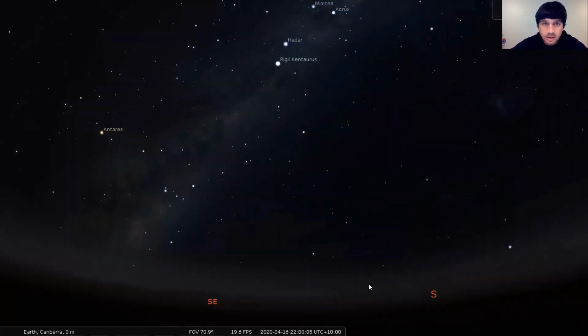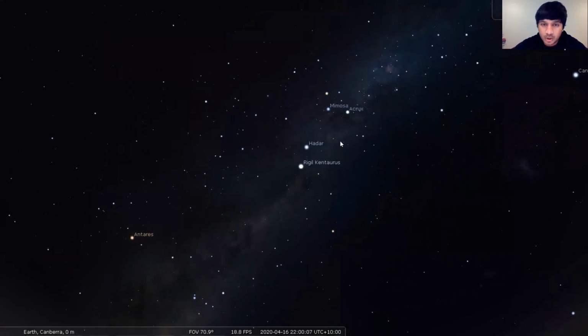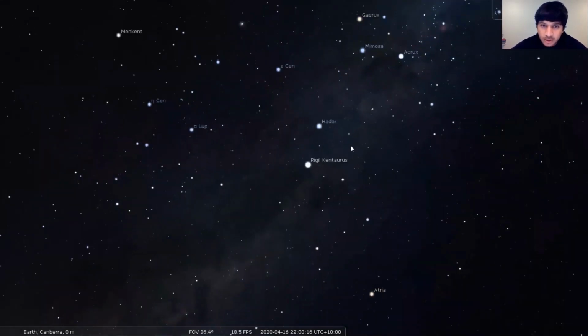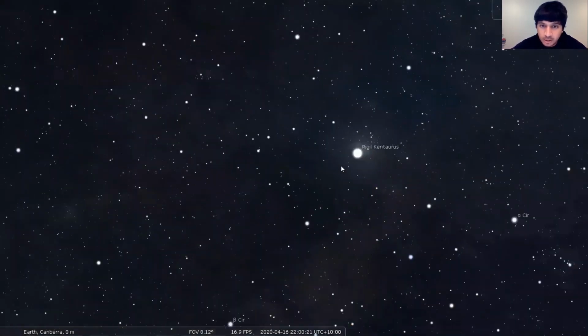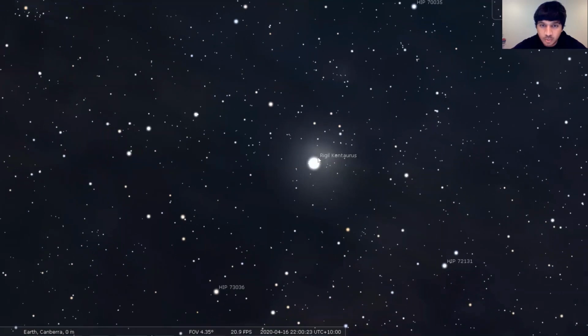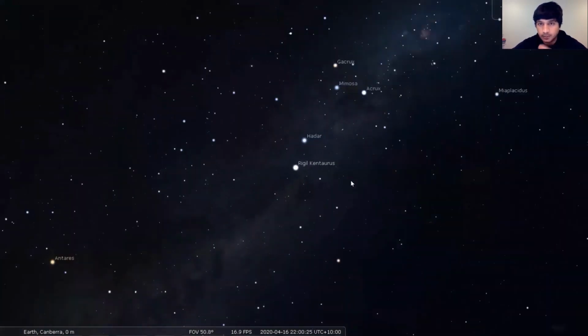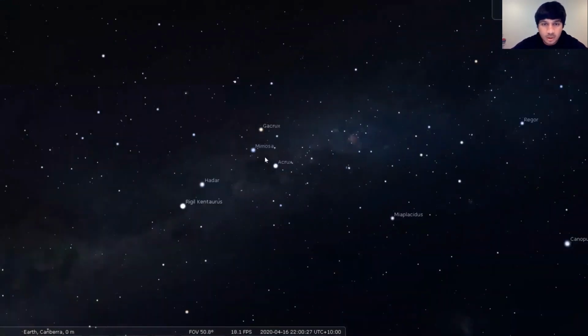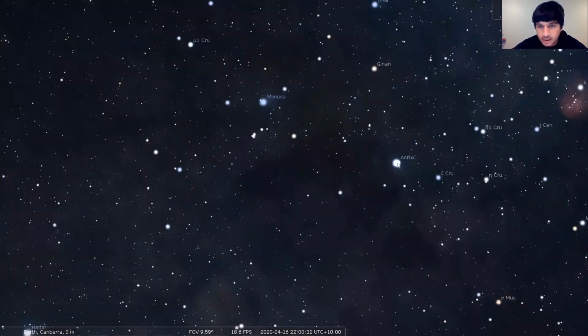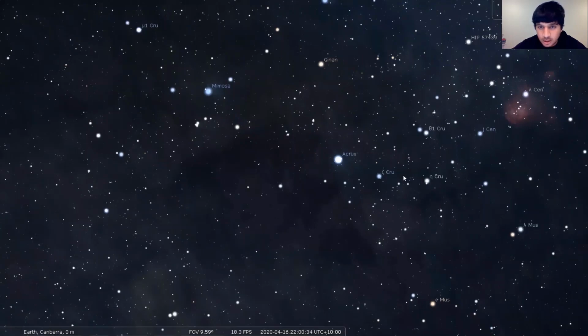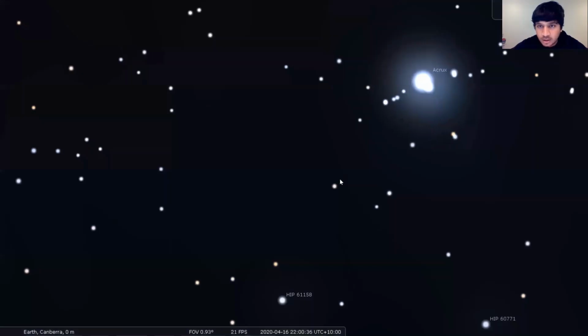And obviously, when we are trying to explore the cosmos, we want to go deeper and deeper. So we want to know whether we can go into the Milky Way. So using your scroll on the mouse, you can zoom in and zoom out. Using the zoom feature, you can see that some of the stars are actually binary.